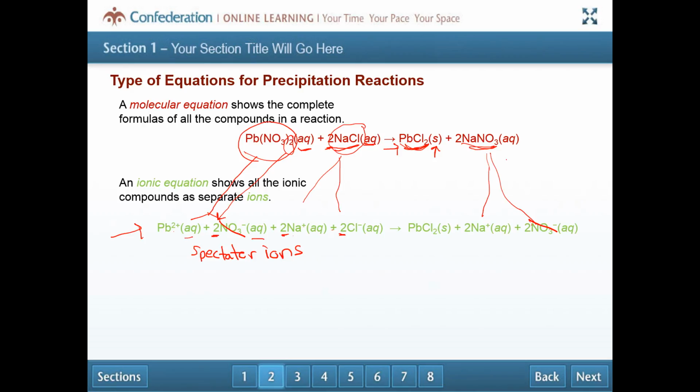Do I have sodium ions on both sides? Yes, I do. So I'll cross those out. And then do I have chloride ions on both sides? No, I don't. I've got a chloride ion here, and chloride is part of the compound, so it's not an ion. Okay, so what I've done is cross those out, and then what I end up with is what's called